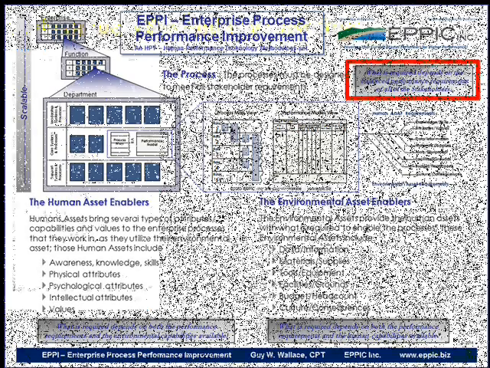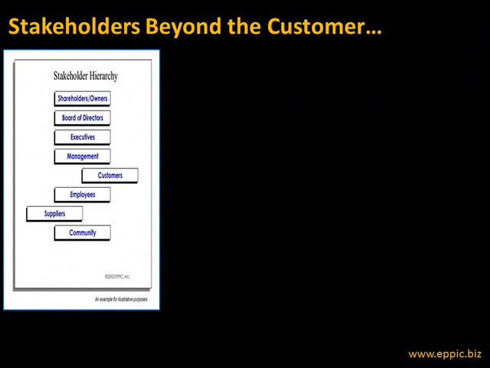Stakeholders beyond the customers. This stakeholder hierarchy is for illustrative purposes only. It shows the shareholders and owners at the top. The customers lead the definition of the products of the processes. We must serve the customers. However, if the customer requires us to violate the interests of the shareholders, to sell them products at such a low price that we lose money on each and every one of them and eventually go bankrupt, that's no good. We wouldn't do that.